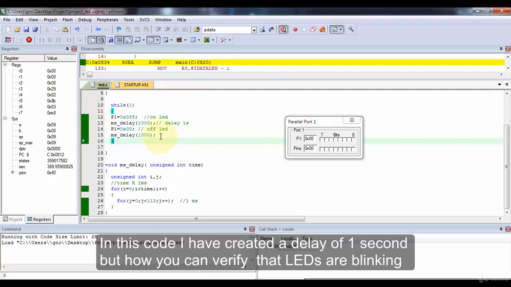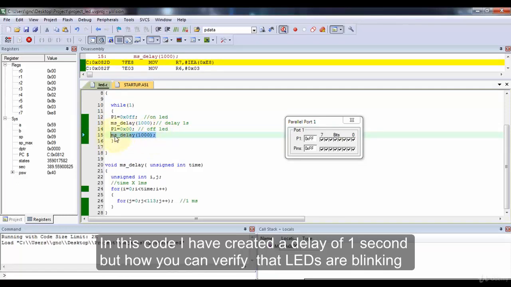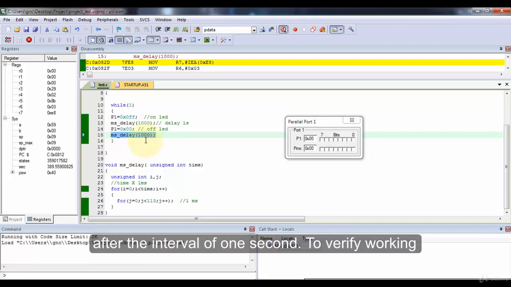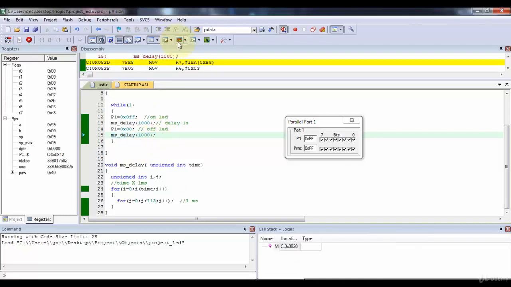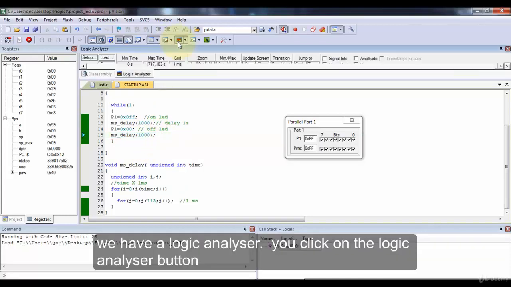Now in this code, I have created a delay of 1 second. But how can you verify that the LED is blinking after an interval of 1 second only? To verify the working, we have the logic analyzer here.